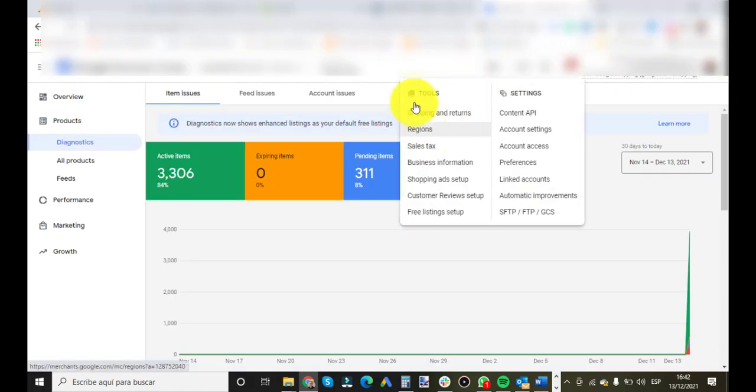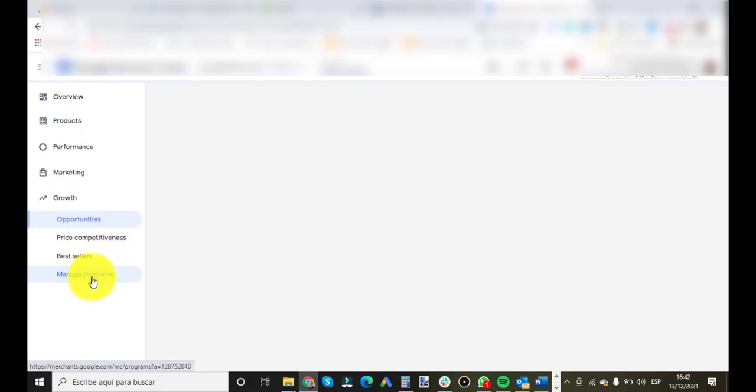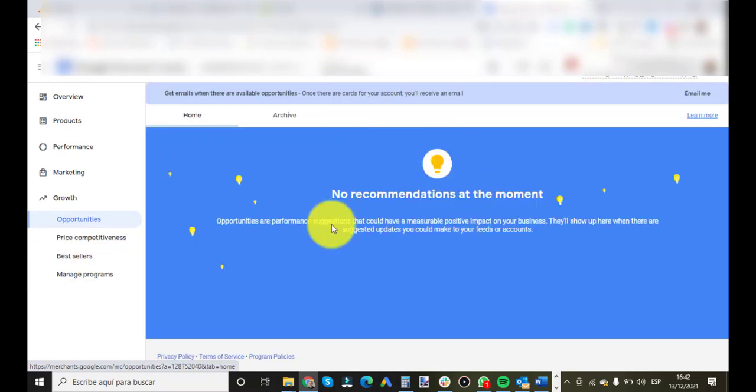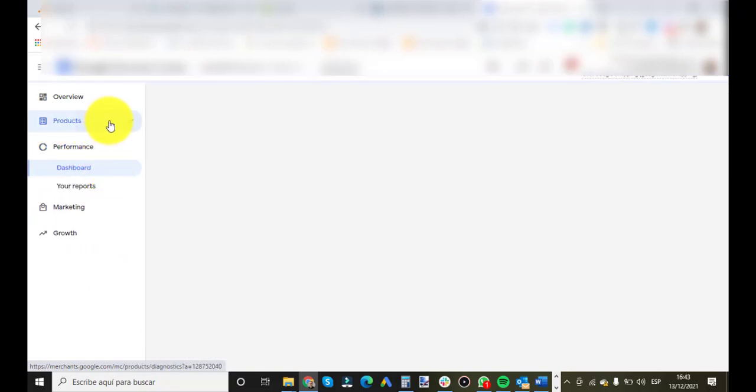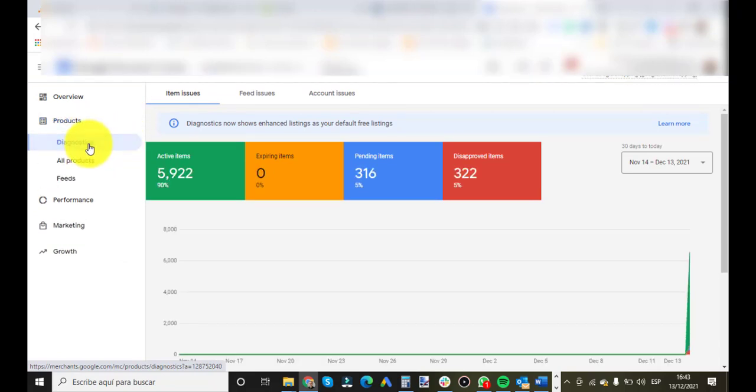So to come back to Google Merchant Center, remember, you need to have all these menus fulfilled. So shipping and return, sales tax, shopping ad setup. Okay, you need to do all that plus free listing setup. All that you can find in Manage Program. And when you have done everything, all the menus that are asked plus what we did here with the feed, you go in performance, in the product, in diagnostic,